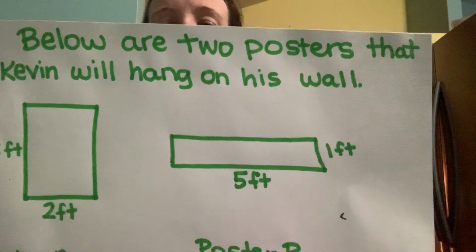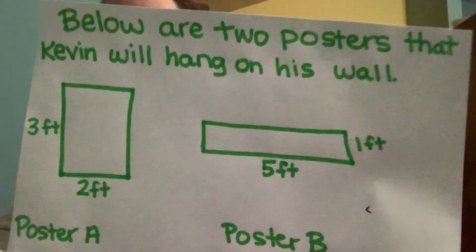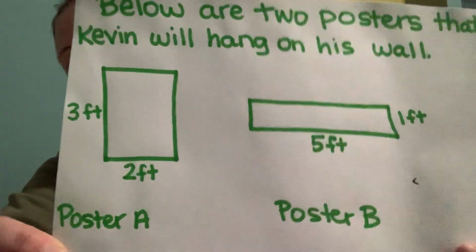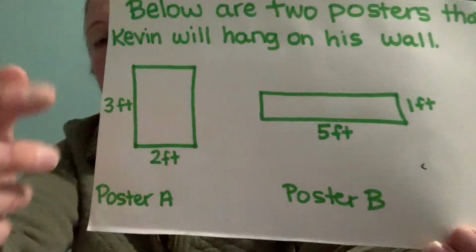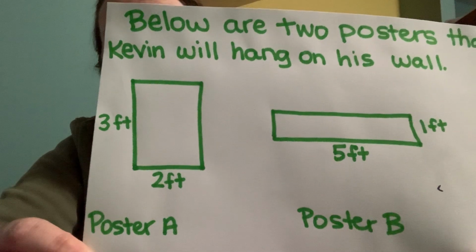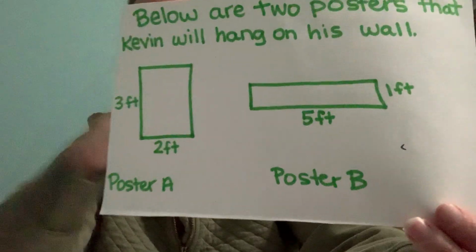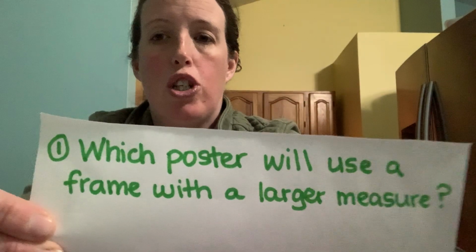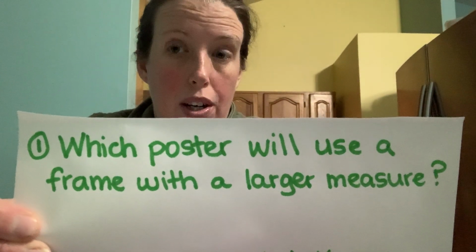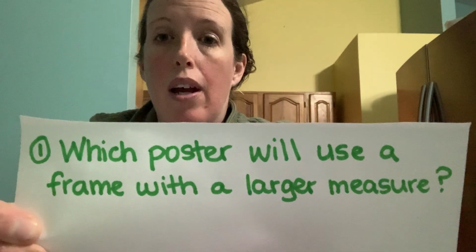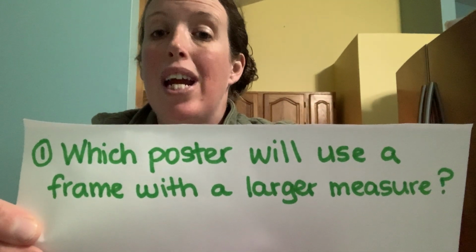We are gonna change the scenario and we're no longer dealing with neighbors' yards. Now we're gonna look at posters in a bedroom. So below are 2 posters that Kevin will hang on his wall. Let's pretend he's decorating his room, and these are 2 posters that he wants to hang on it. All right? So what kind of question could we ask about these? We have poster A and poster B. So my first question says, which poster, so I have to answer either A or B, will use a frame